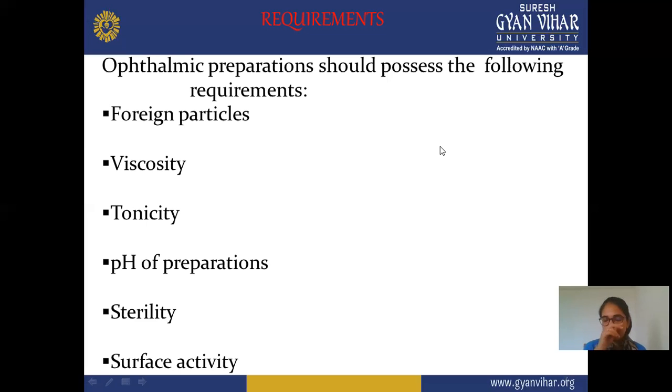Next is the sterility test. In this sterility test, your formulation should be sterile and free from microbes. There should be no bacteria or microbes present in this formulation. So you should prepare a sterile formulation free from microbes. After the sterility test, you should make sure that your formulation doesn't have any microbes or bacteria. It should be free from all microbes.